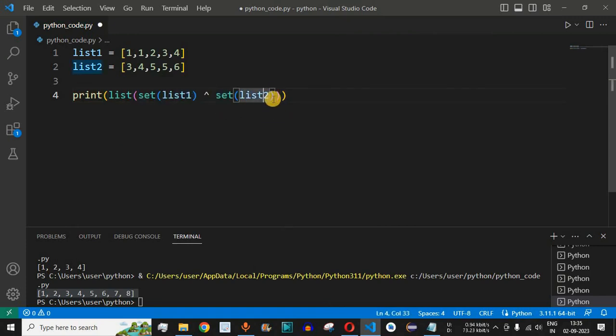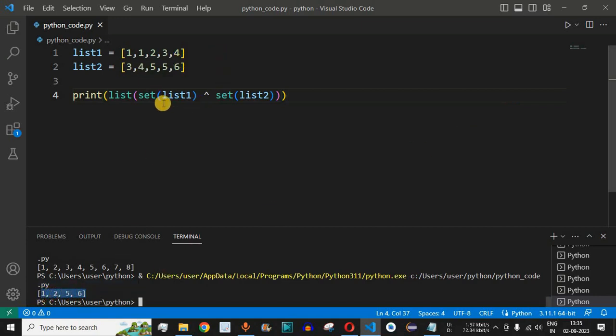So guys, basically we are converting the list 1 into set and list 2 into set as well, and then using both these sets we are finding the symmetric difference so that only those elements are present which are not common in both the sets, and then we are converting it into the list and printing by using the print statement. Now guys, let me just save this file now and try running this code. So as you can see, we have got 1, 2, 5, 6.